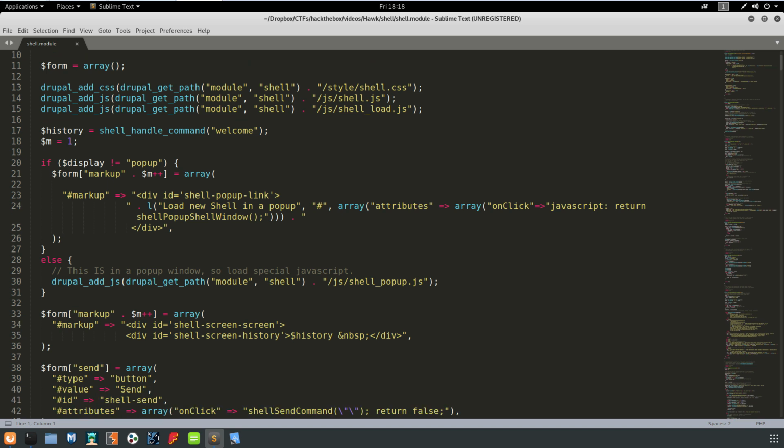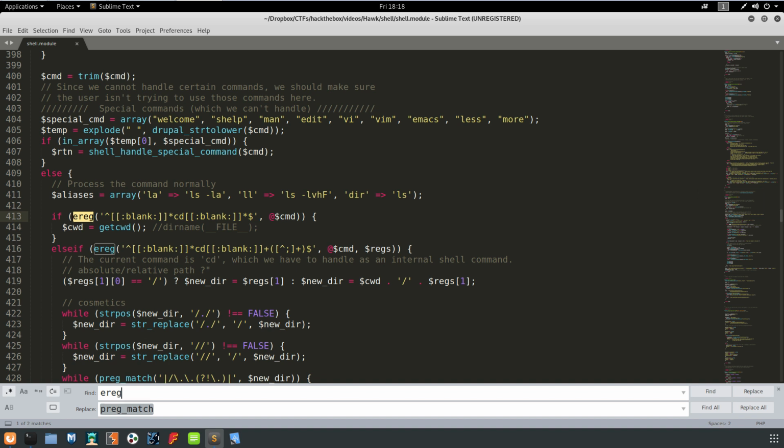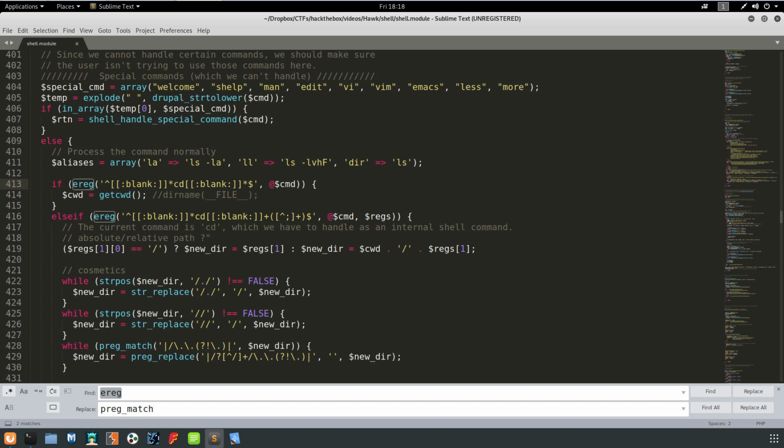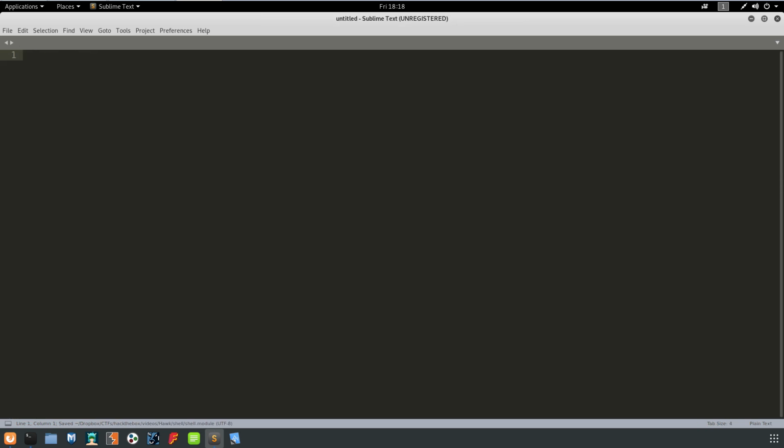It's got some different functions. We'll do a Control H. Oh, and it looks like I actually already have that search in here. So we'll look for ereg and we'll replace it with preg_match. Now sometimes we've got to redo the regexes that are in here in order to get them to work. In this case I think we'll be okay because these two functions here, which I think are the ones that are causing the issues, I don't see anything that would need to be changed. So if we just hit replace all, we'll save it, close it,